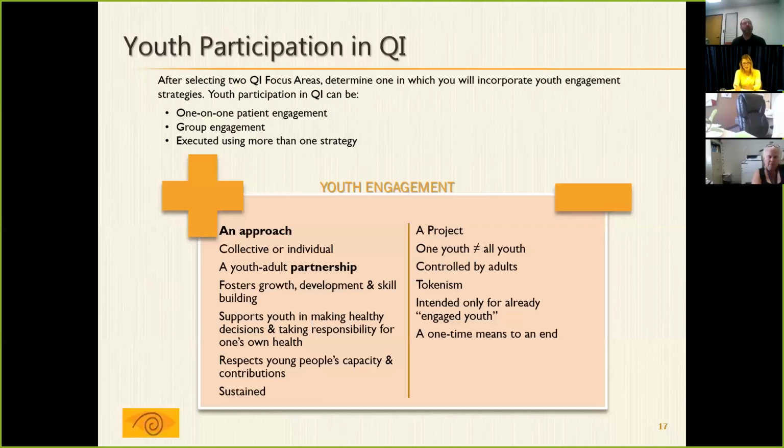It is not tokenism. It's not saying, well, we have this one patient who represents us when they go to the SHAC, and they don't ever talk and they just show up. That's a tokenistic approach. So we want to think about it as, what is their role? What can they contribute? They have something valuable to offer, and how are they growing and developing